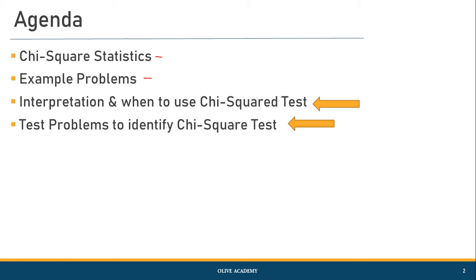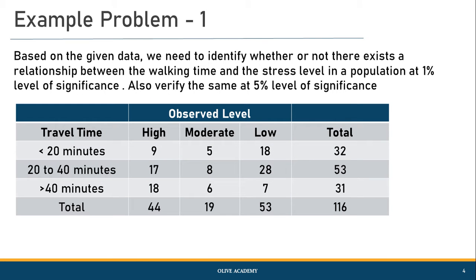also the definition. But here in this video, we're going to focus on a little bit extended version of one example problem that we have already seen, and then the actual interpretation of the chi-square test and the example problems as well. Now, in my previous video, you would have probably seen this problem statement, but there is a little bit extended version of this problem, because in the previous video we were asked to find the chi-square value at 1% level of significance, but this has been extended to give the same chi-square value at 5% level of significance.